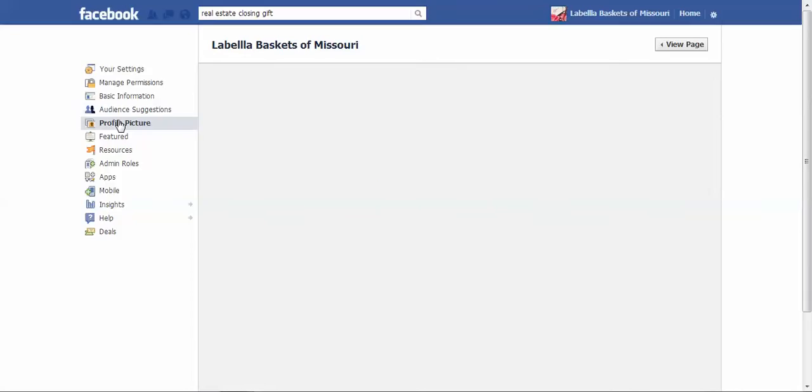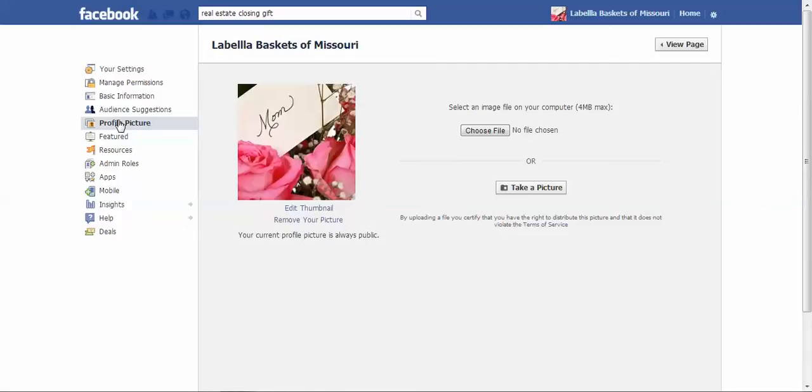All right, so your profile picture. You can change your profile picture from this part of Facebook in your edit page, or you can do it right from your page. And so again, that is going to be 114 by 74 pixels, and play around with it. You can again use PicMonkey or Pixlr. Those are free versions to edit your pictures.